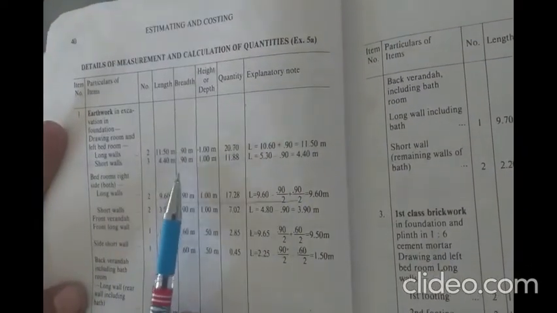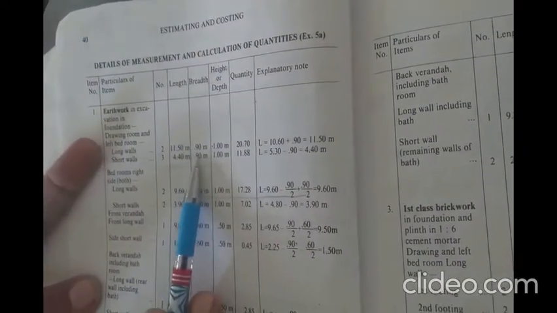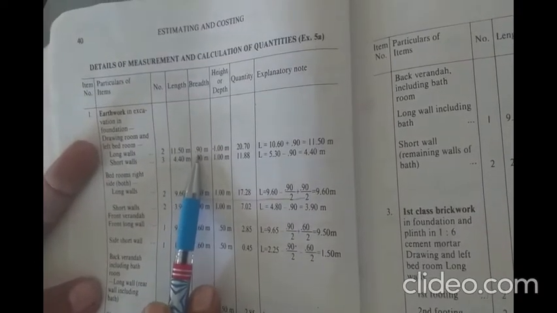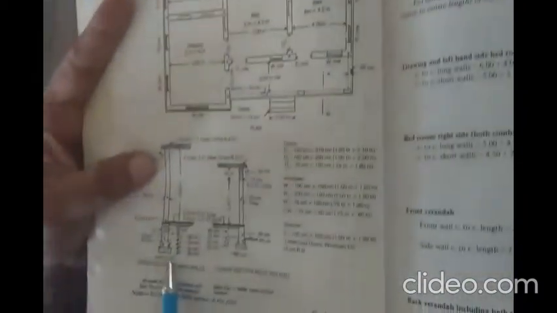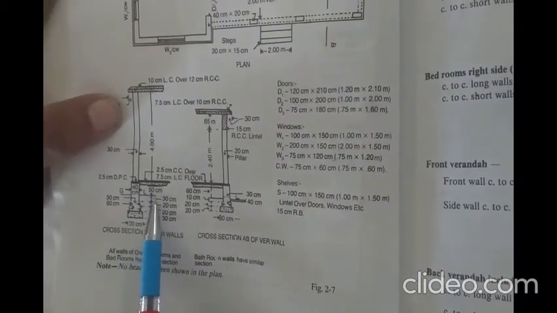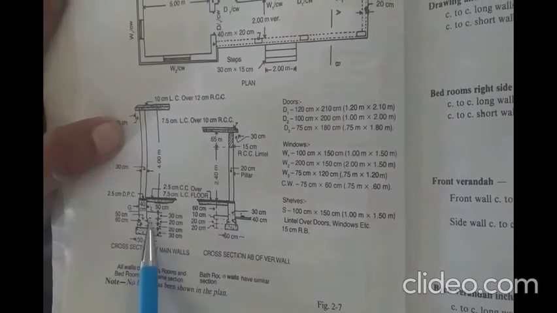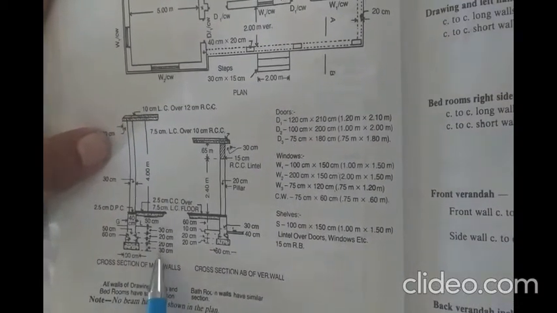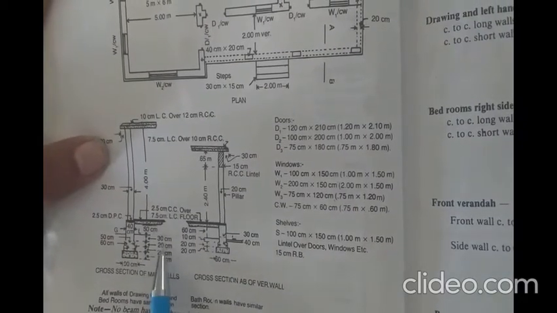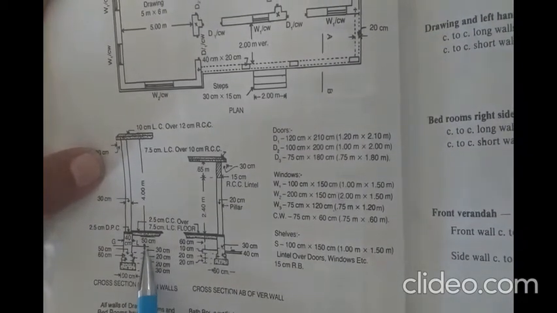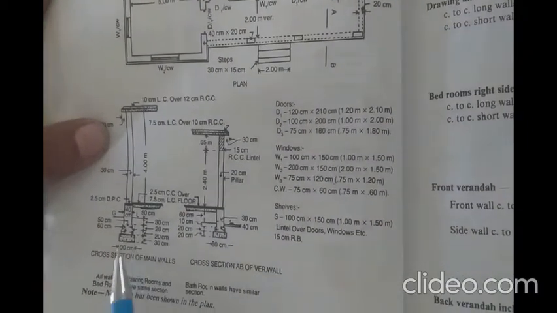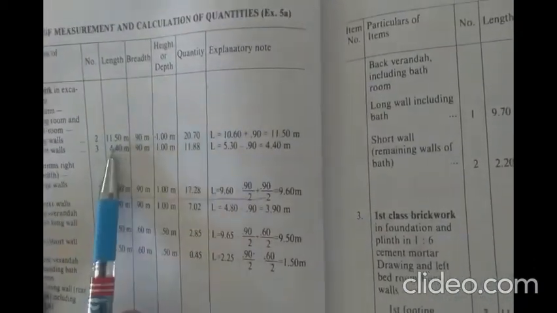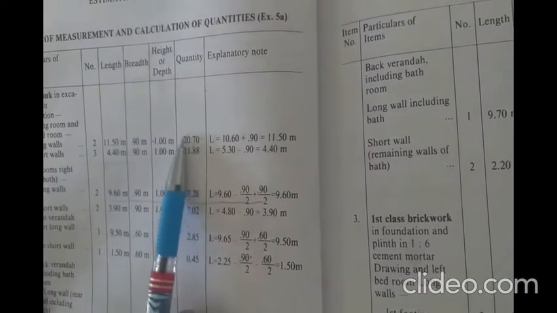If we have length, then width, the excavation will be of the base width. So base width is 90 centimeter. So this is width. And height, I will show you how to calculate the height. Excavation will be from bottom to the ground level. So you just add this, see the details from the cross section. You will get 30 plus 20 plus 30 plus 50, 30 plus 20. So you will get the 1 meter distance. Up to the 1 meter, we have to excavate this much. So we will use height 1 meter. Just multiply this length, breadth and height, you will get the quantity.